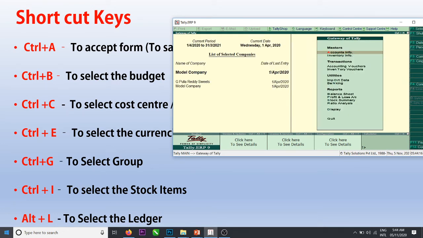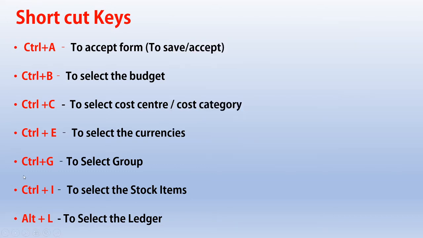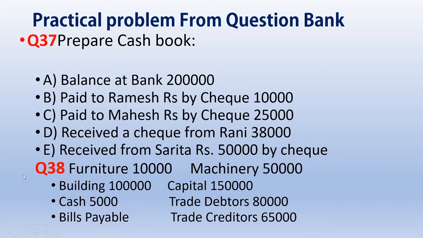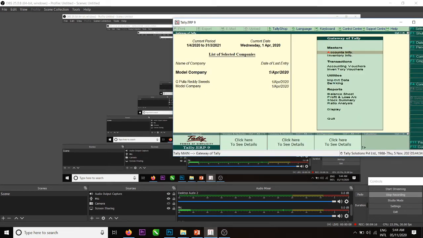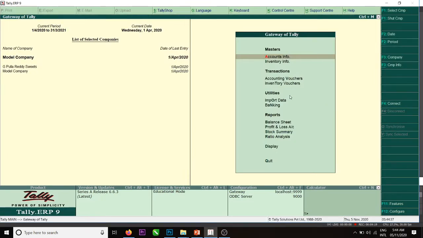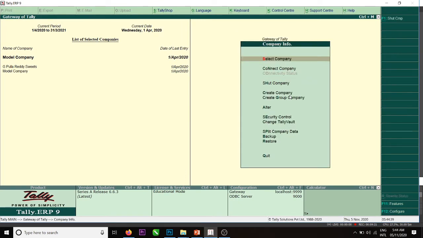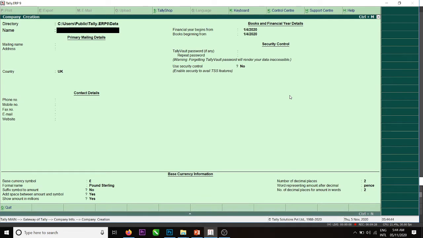Now we will select a problem. One problem we will select. This problem we will try to understand. Create a company. We'll create a company. Alt F3. Create company. Model 2 company.